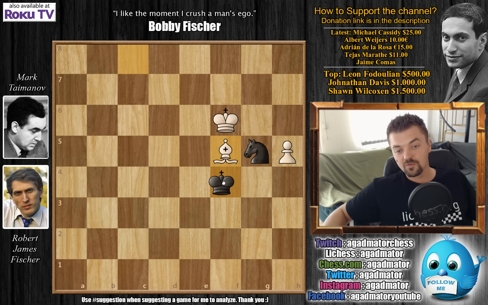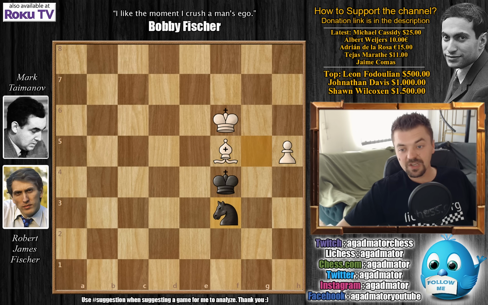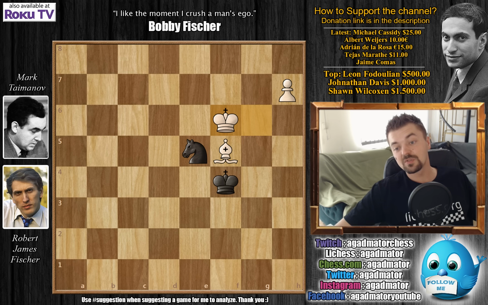You can either move the king and then Fischer captures the knight, or you can move the knight and then the pawn advances. Knight to f3 was played, we have h6, knight back to g5, and now another move that puts black in zugzwang. King to g6, we have knight back to f3, Fischer pushes h7, and here comes knight to e5 check. Fischer plays king to f6, and it was in this position on move 89 that Mark Taimanov